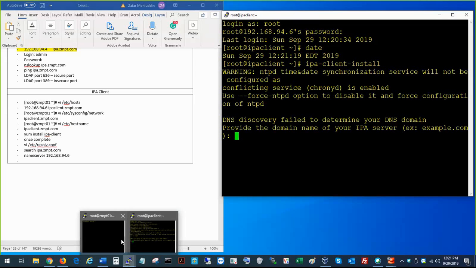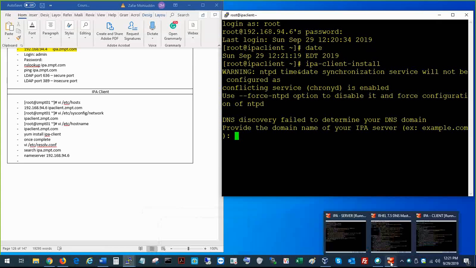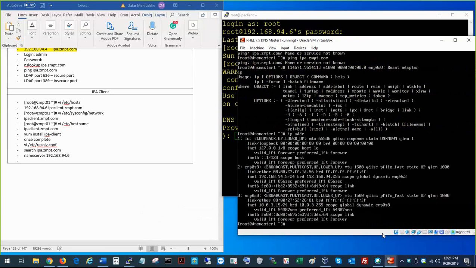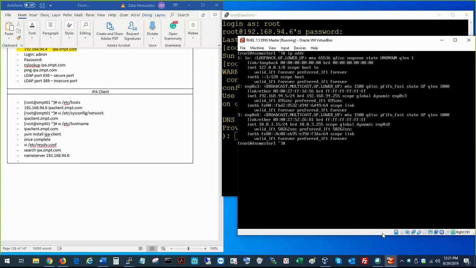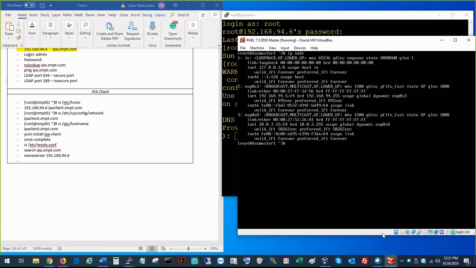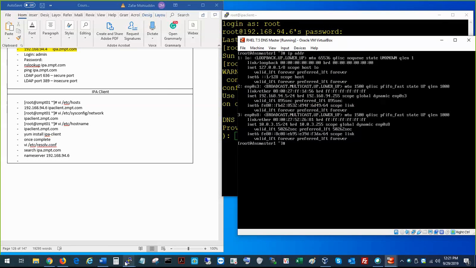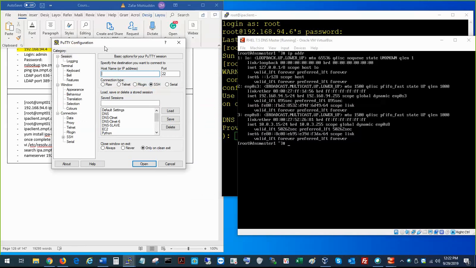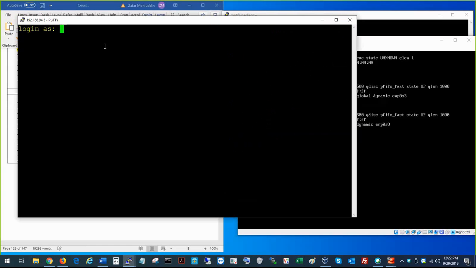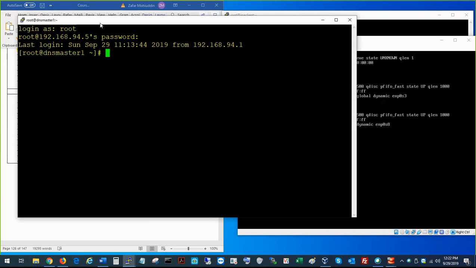Okay, so what we have to do is go into our DNS client, which is this here. So I'm going to go into my DNS client, which is 192.168.94.5. Connect there,